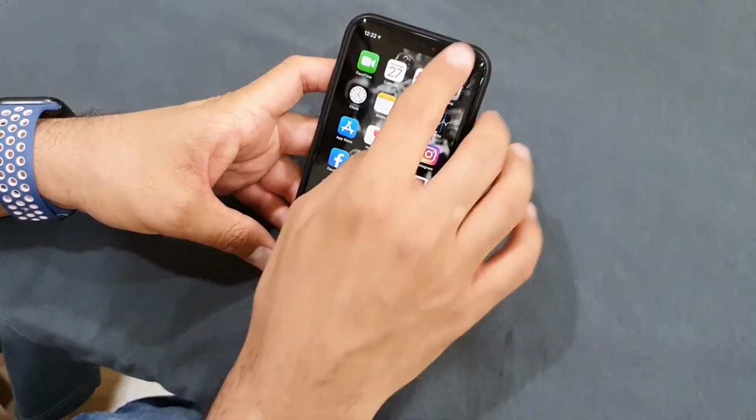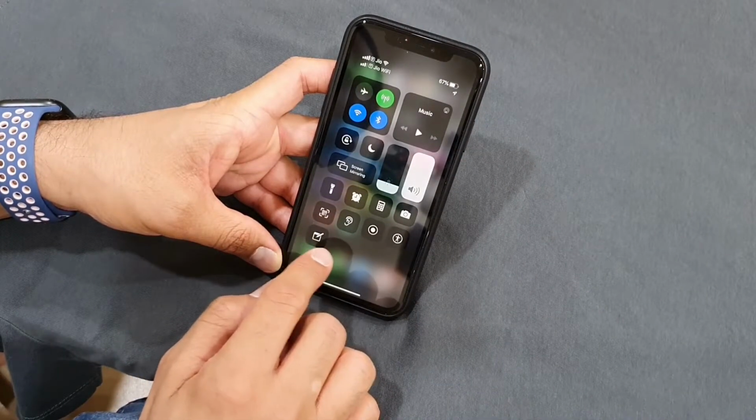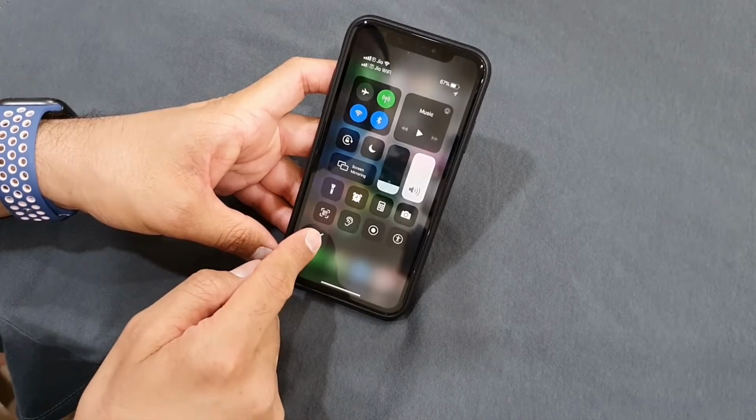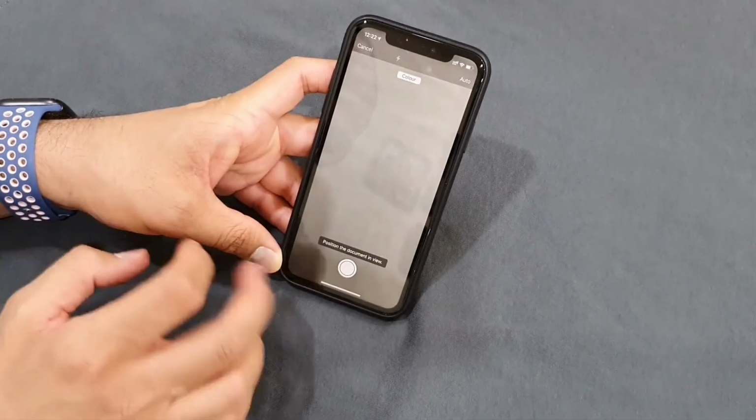You can directly do that, or if you are in any other app and you want to scan some documents, say you send a reminder and you don't want to close that app, you can directly go to the control center. If you have enabled the Notes app over here, just press and hold it and you can directly go to the scan document. So I guess that's it.